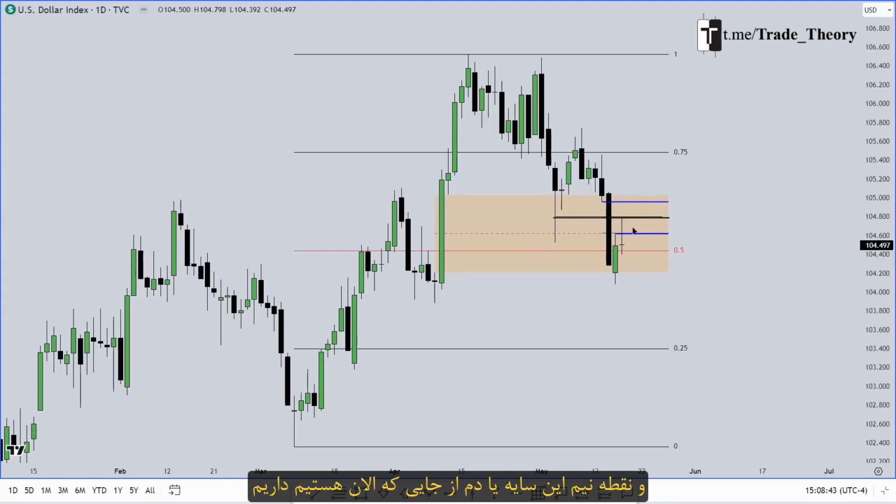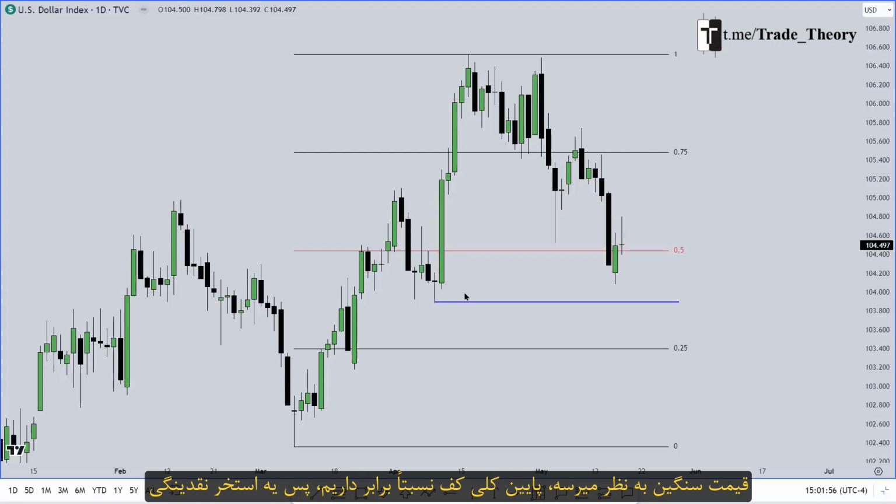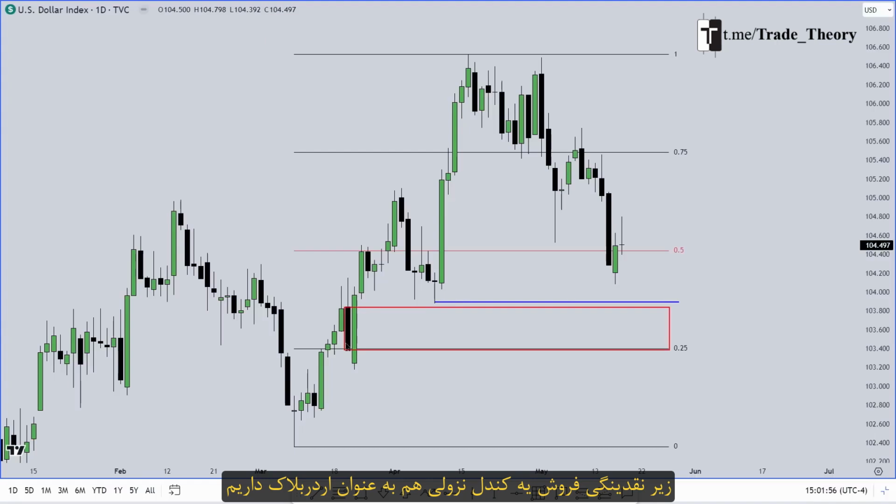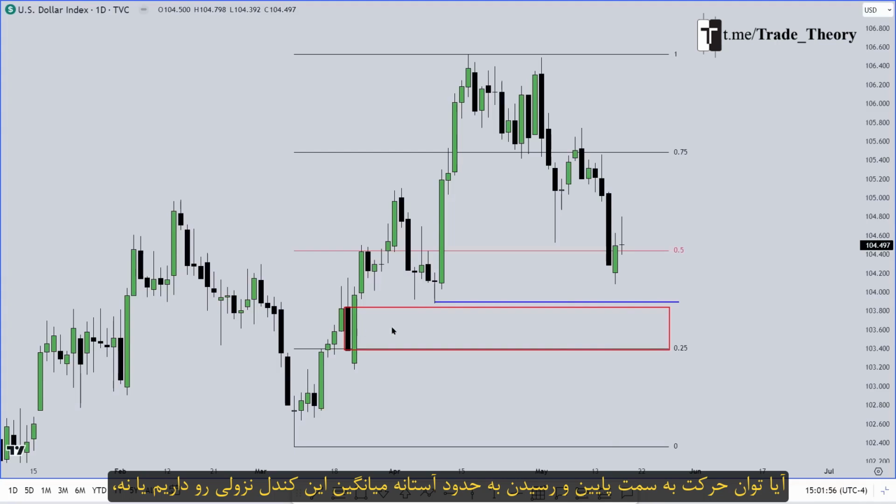From where we currently stand, price looks heavy. Below, we have all these relative equal lows down here, so there's a pool of layered sell side liquidity. And this sits in a discount relative to the entire dealing range. But below the sell side liquidity, we also have this down close candle as an order block. We haven't yet come into the body of this down close candle. So I want to see if we have the legs to travel lower and come into around the mean threshold of this down close candle, and I would want to see price repel from this area and move higher.